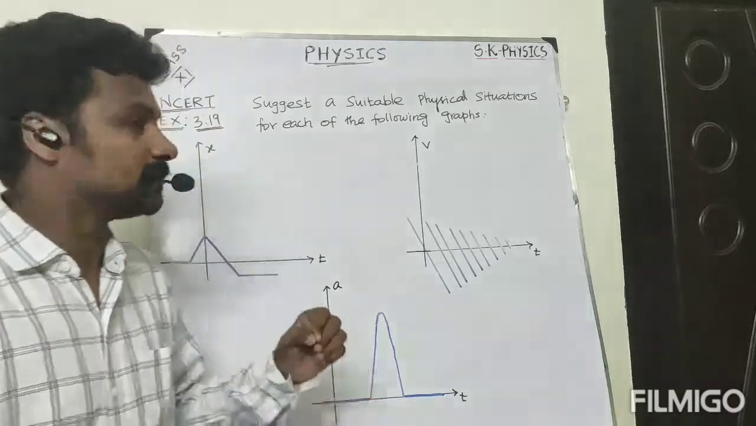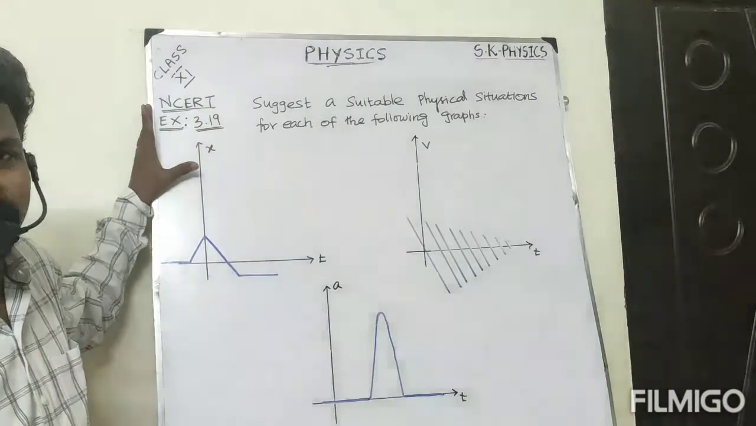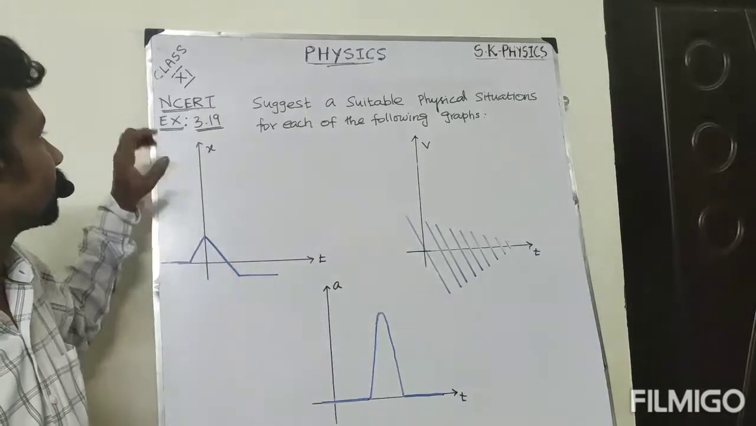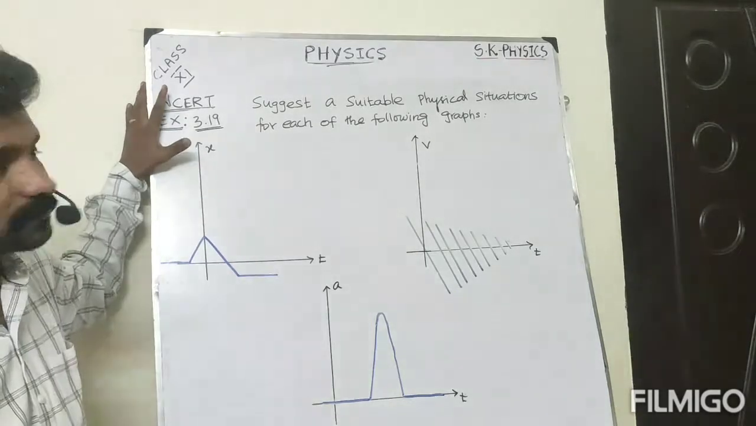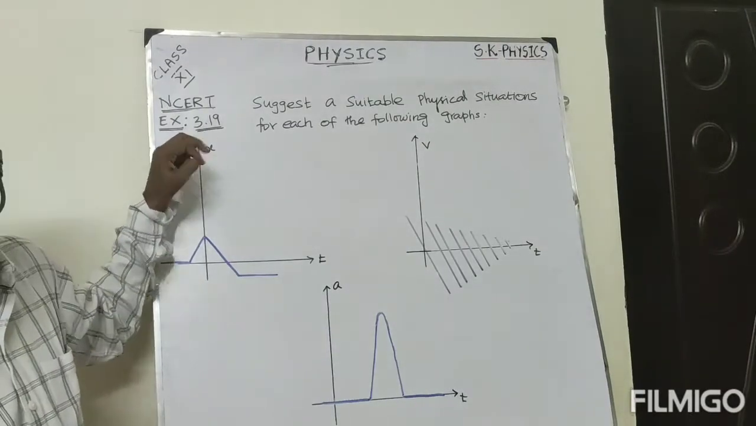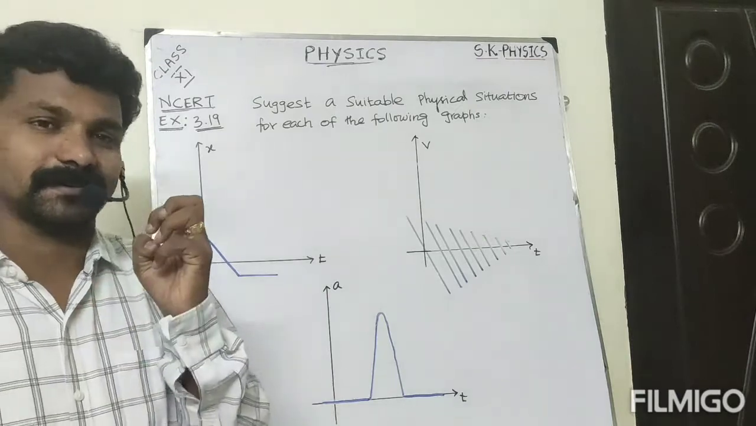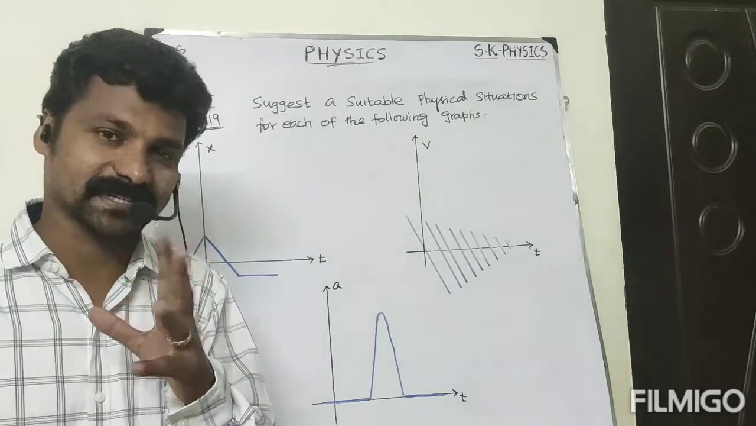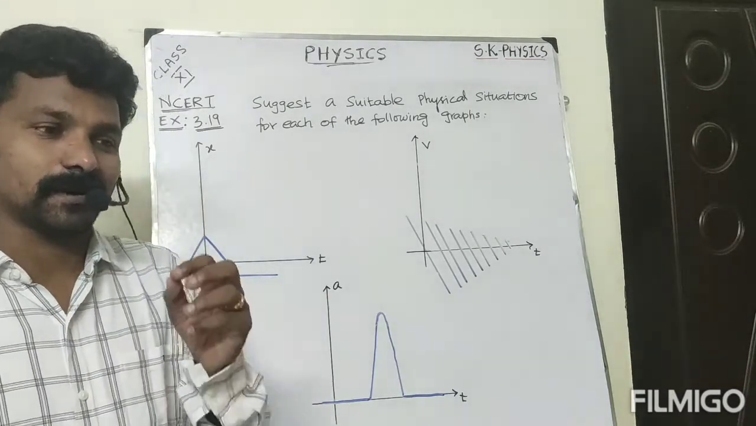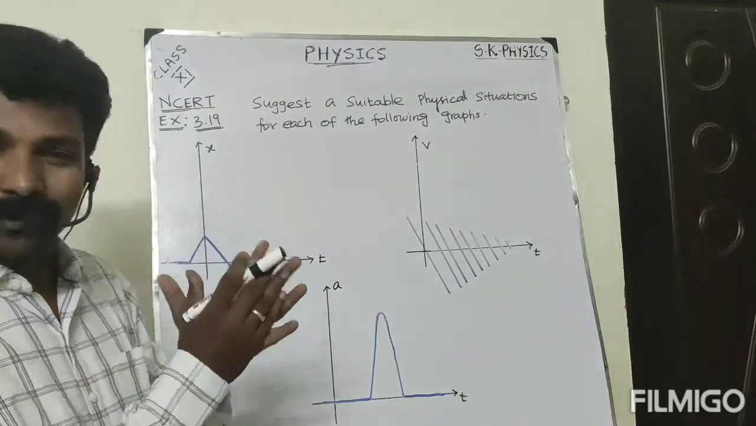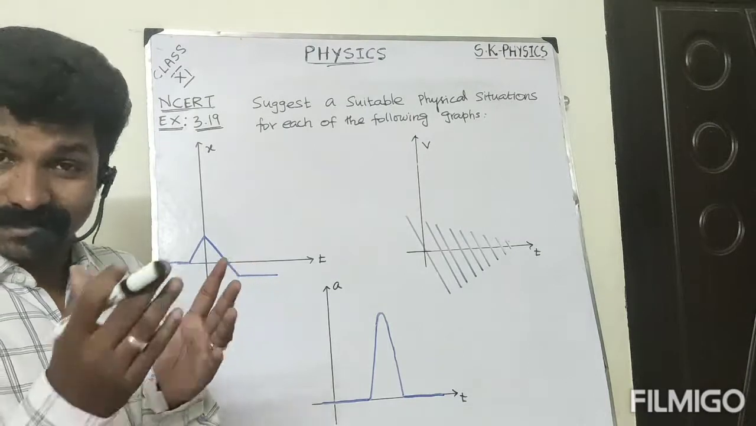Dear students, see the next one from 11th standard, Motion in a Straight Line chapter, NCERT exercise problem number 3.19. It is one interesting graphical representation question. Now we are going to analyze and then we are going to discuss